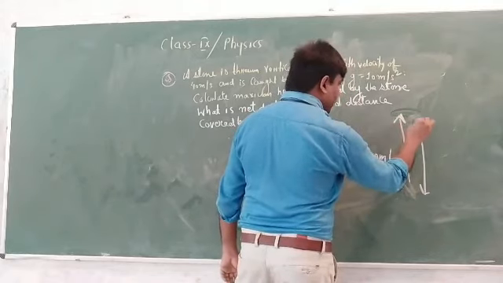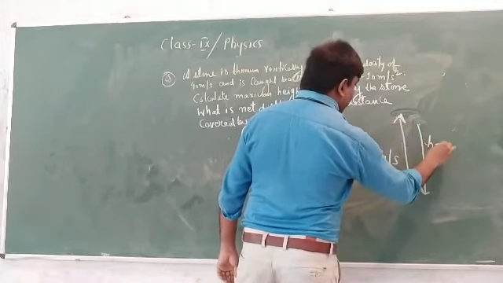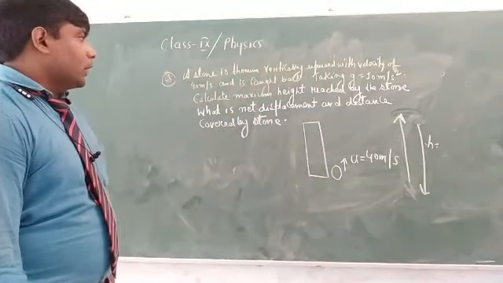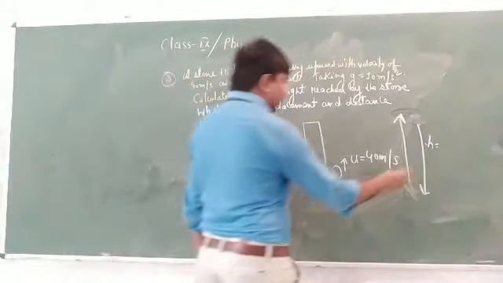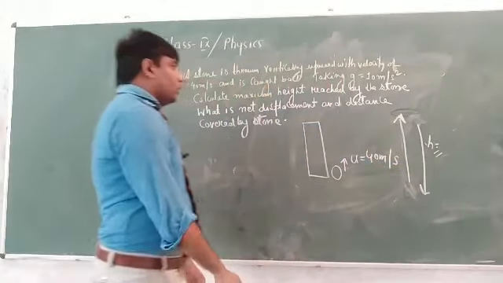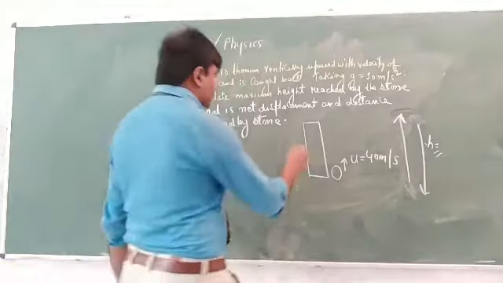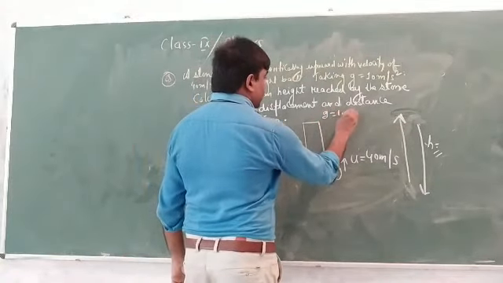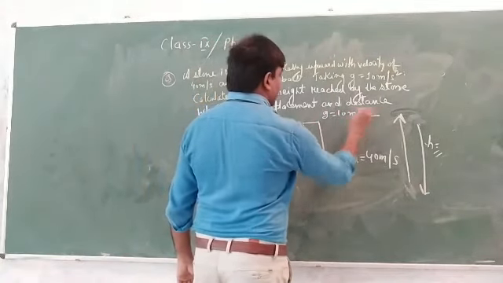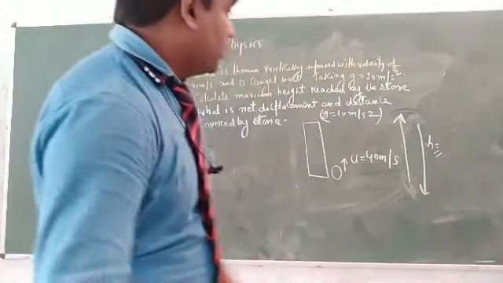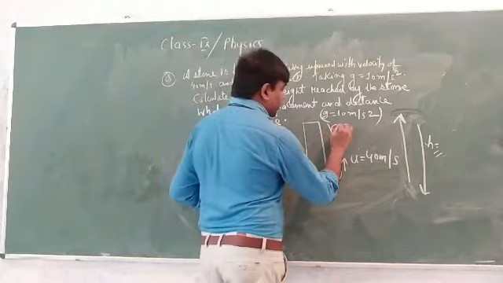It is going up and it is coming down. Consider the height equal to h. Calculate the maximum height reached. We have to calculate this maximum height. Also, they have given the value of g equal to 10 meter per second square, right? So when it reaches the top, v is equal to 0.